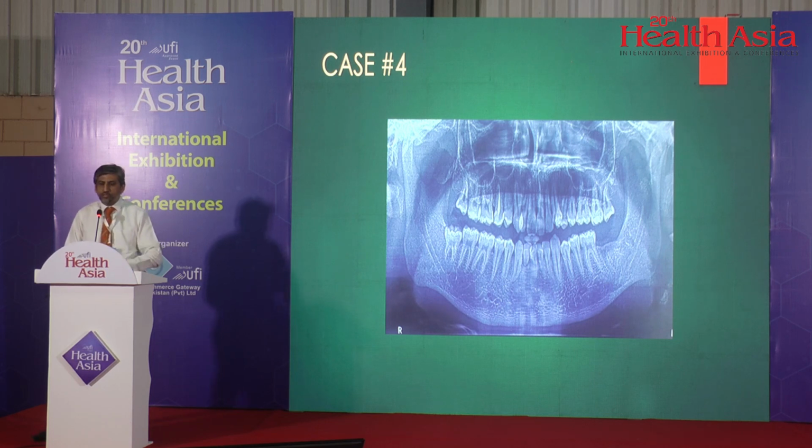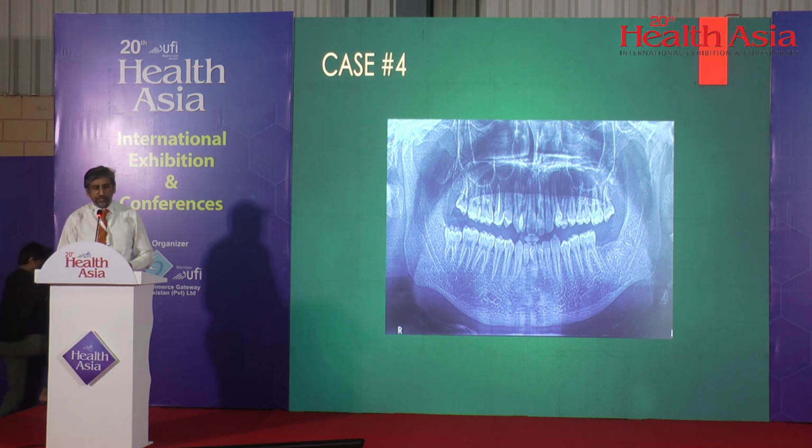This is another case, lower right 7 is missing in that patient, but the assessment was that this patient has the upper 7 and 8 supraerupted. So there was less space available for the crown. So we told the patient that you might have to get the RCT of the upper 7 and upper 8 done. He was not opting for that option. So he wanted that you place the crown and the implant as well. So we decided to go with the patient.